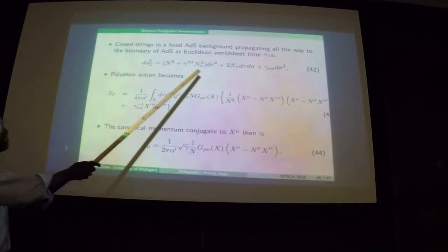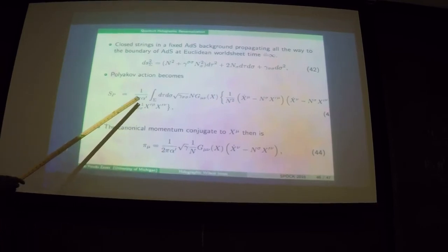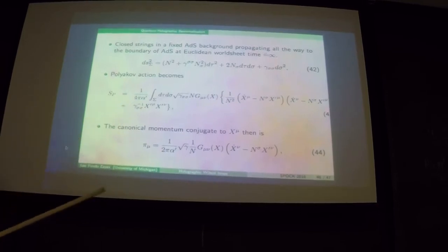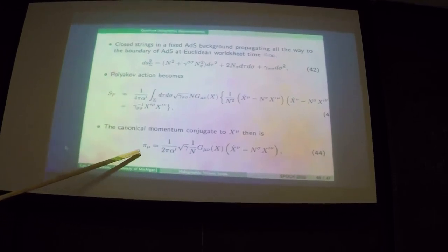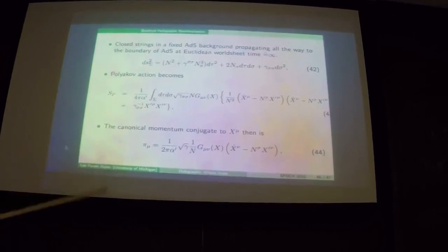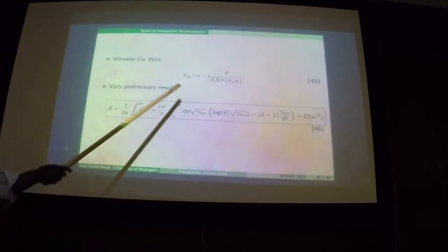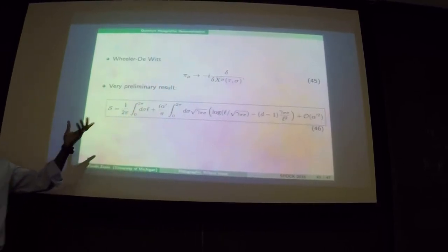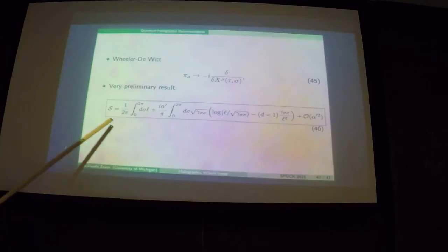So I write it like this. This is again more or less standard in holographic renormalization. Here's the Polyakov action written in this parametrization, and this is my canonical momentum. And now what Wheeler-DeWitt tells me is to promote this momentum to an operator. This requires some sort of regularization, etc. And this is again very preliminary, but this is the action that you get as a solution to the Wheeler-DeWitt